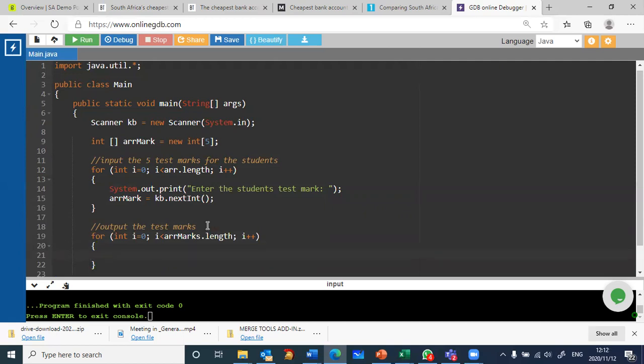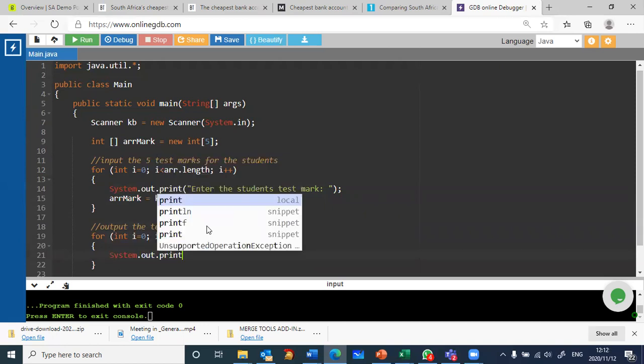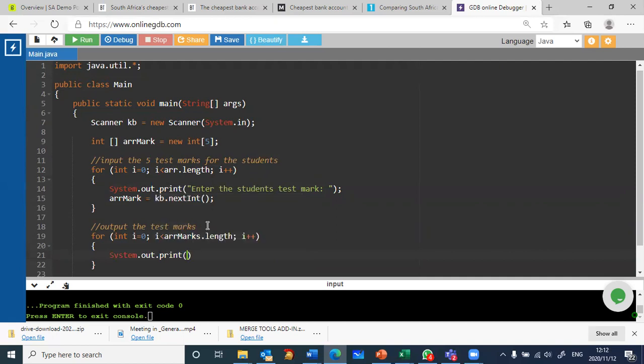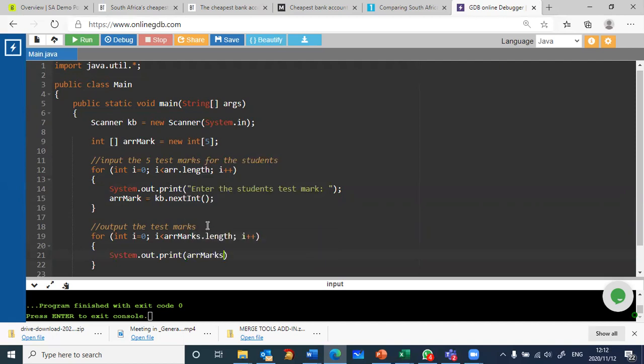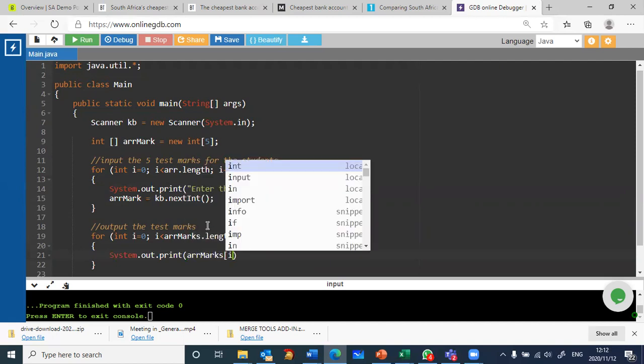And to display, it's just simply system.out.print, and I'm going to print arr marks, square bracket I,